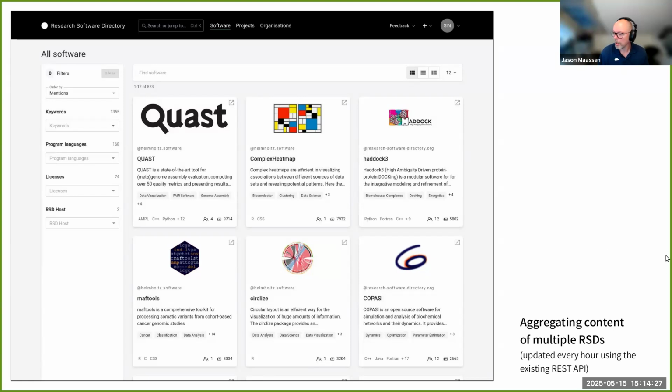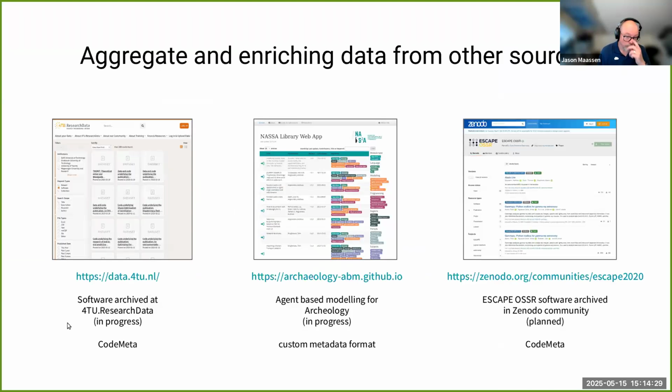Now, this isn't the only thing we've been trying for federated search. We've also been combining the research software directory with other data sources, and particularly the data coming from 4TU, which is the collaboration of the 4 technical universities in the Netherlands. They have their own archive where they store all kinds of data, but also archived copies of software. And we have connected our platforms to basically harvest the software information they archive and also show this on the